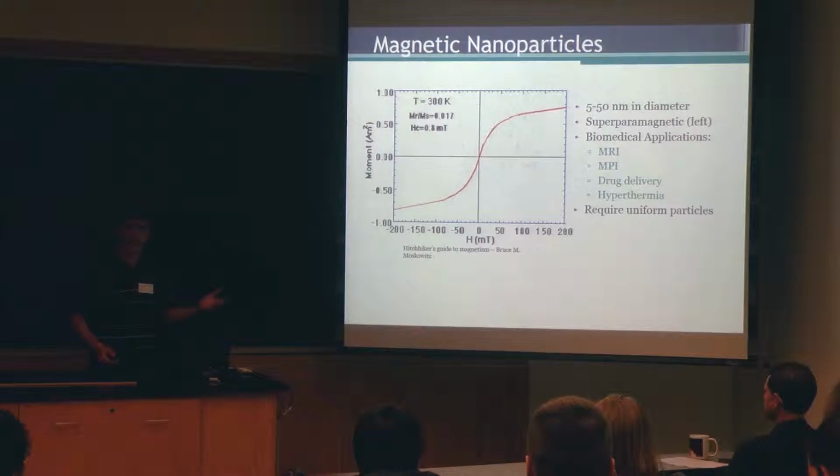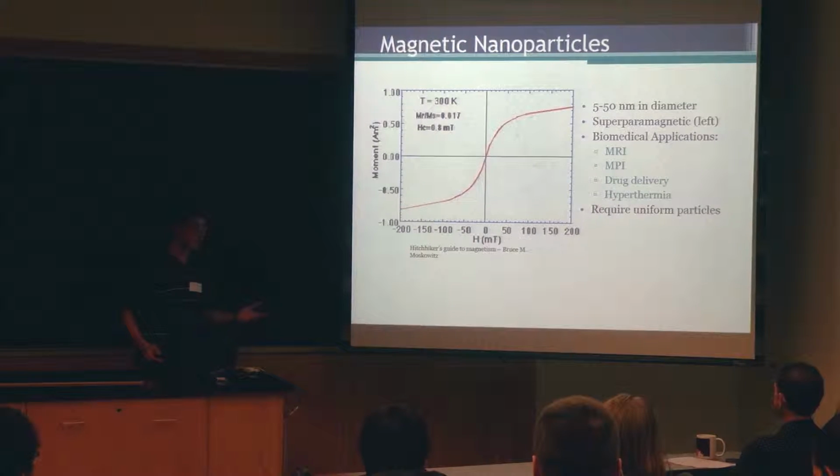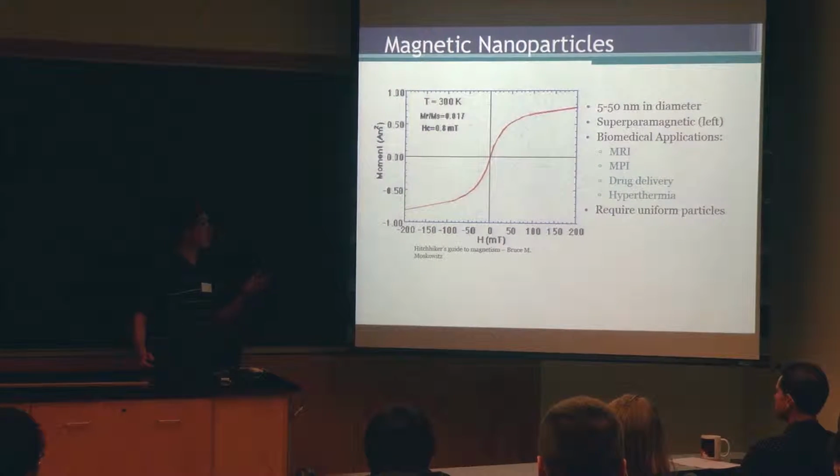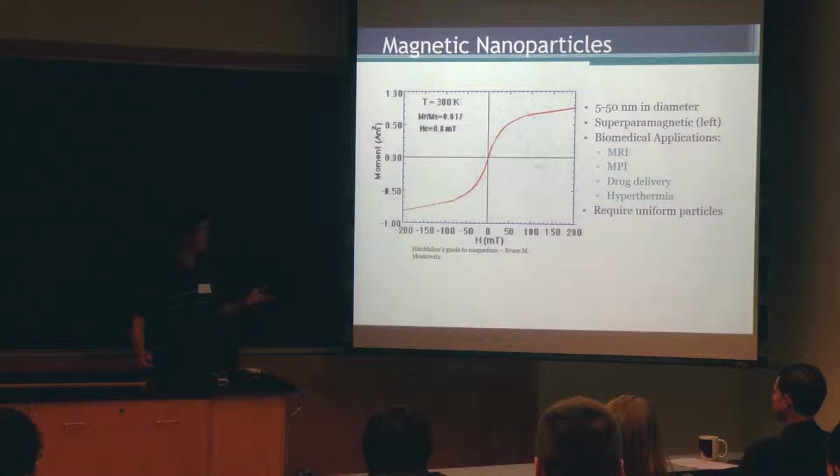This has quite a variety of biomedical applications. Their use as contrasting agents in MRI has been explored. There's a new form of imaging, MPI. If you coat the surfaces of these particles and use an external magnetic field, you can do targeted drug delivery. And there's also the use of hyperthermia, where you put the particles onto cancer cells or tumor cells and then apply an oscillating magnetic field, heating up the particles and killing off the cancer or tumor without killing off other